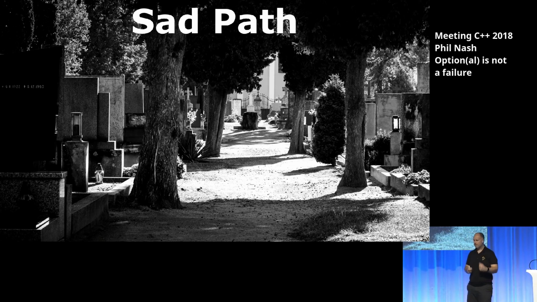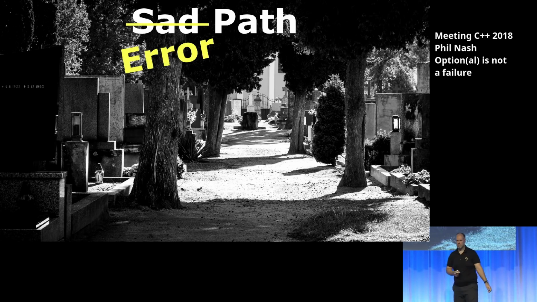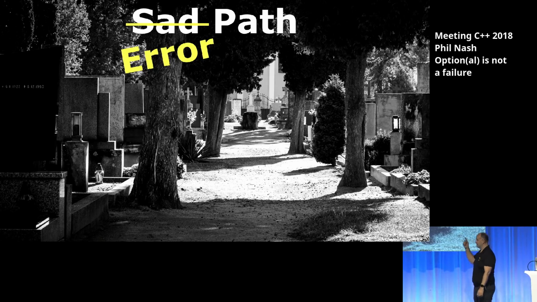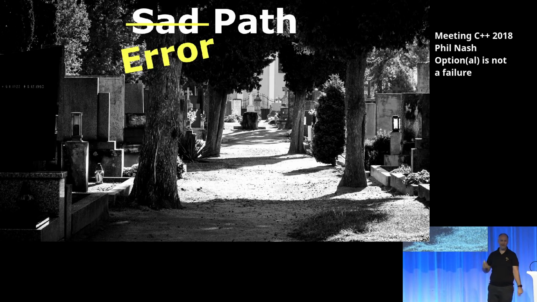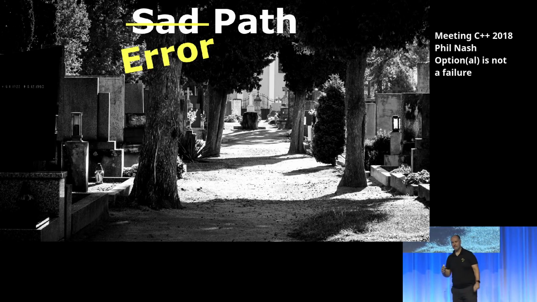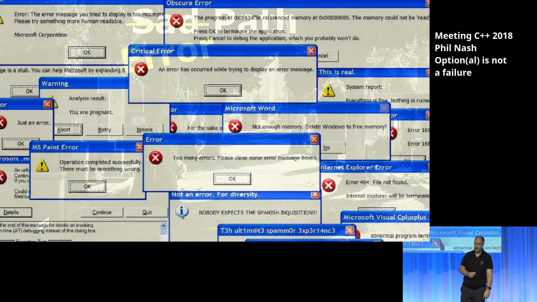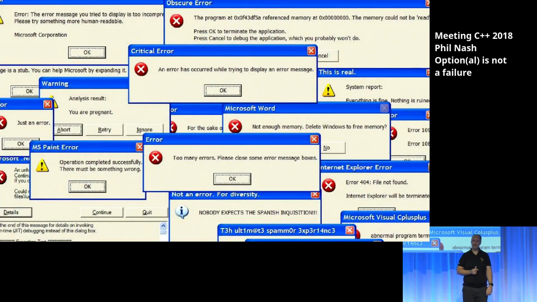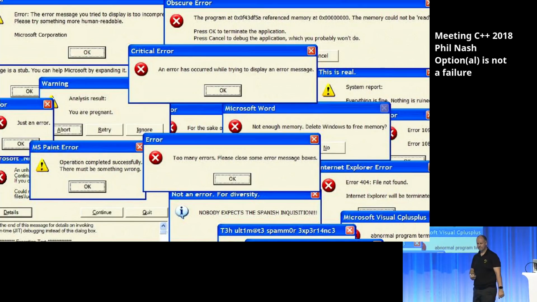But I think we might be overthinking it a bit. The path taken after an error, we can just call it the error path. It's a bit boring, but it gets the job done. So that's the term I'm going to use, the happy path and the error path. And as I've alluded to already, there's different types of errors that can occur. In fact, lots of different types of errors. We need some way of categorizing these, organizing them, making sense of them. So I want to start